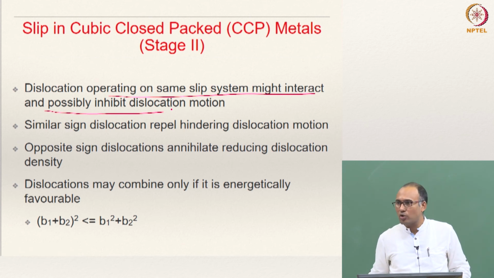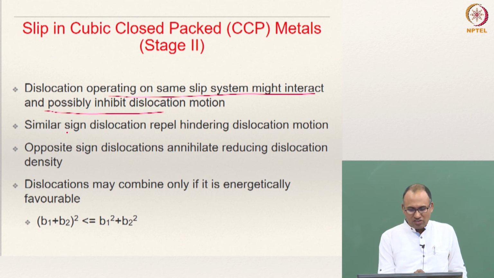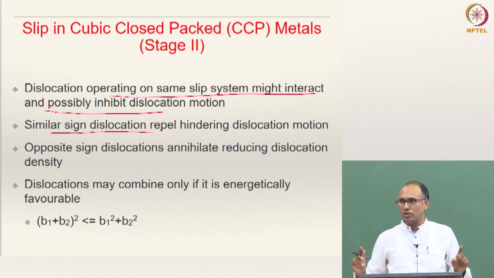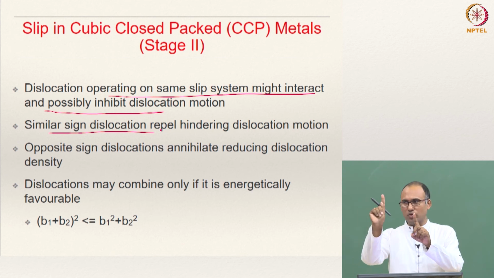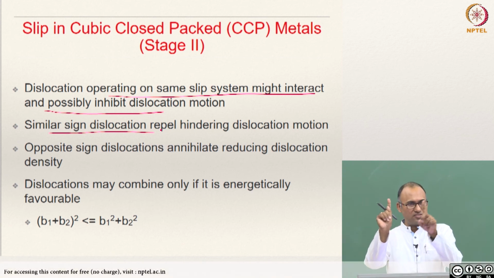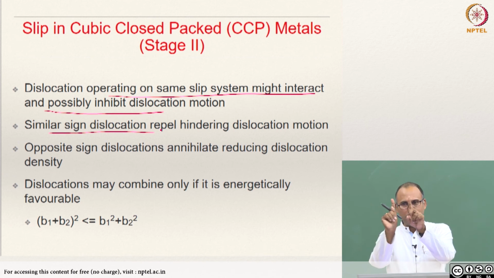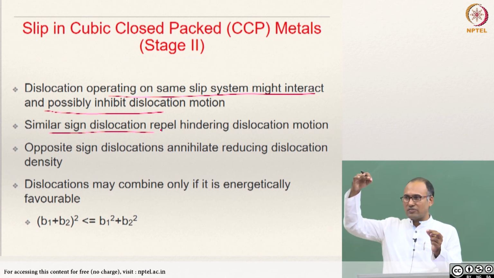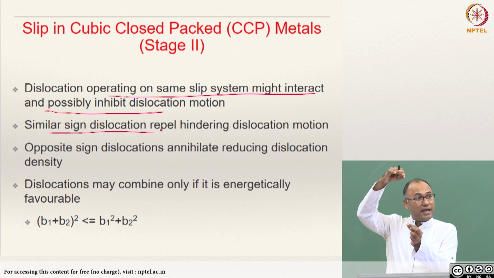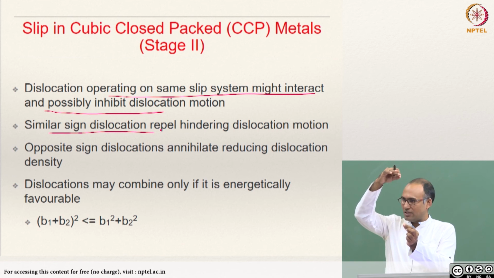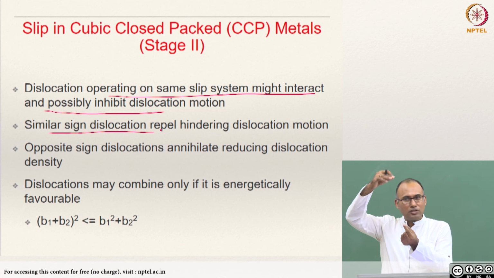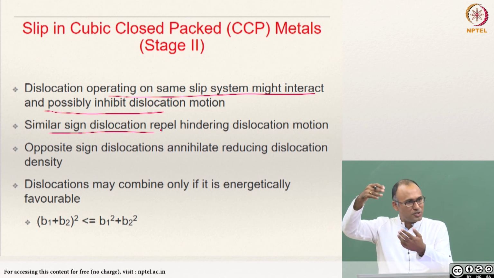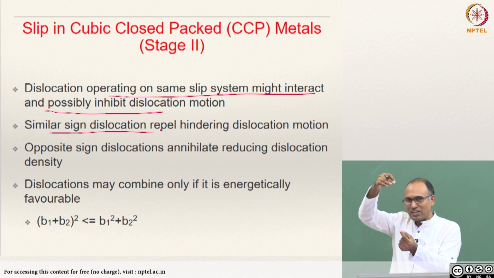How do they inhibit dislocation motion? So, for instance, similar sign dislocations, what do they do? There is one dislocation, another, until now they are moving like this, and now if they are the same sign, what happens if you apply further slip? They cannot move, they cannot come closer, because the stress fields around them will force them to repel each other. And opposite sign dislocations, if they are coming together, what happens? They annihilate, they become perfect, and then there is no dislocation at all. So, there is no plastic deformation, you cannot cross slip, you are actually going from an imperfect crystal to a perfect crystal.